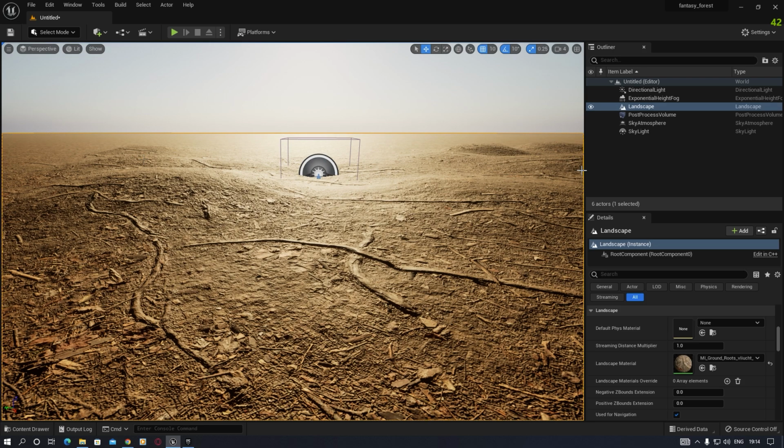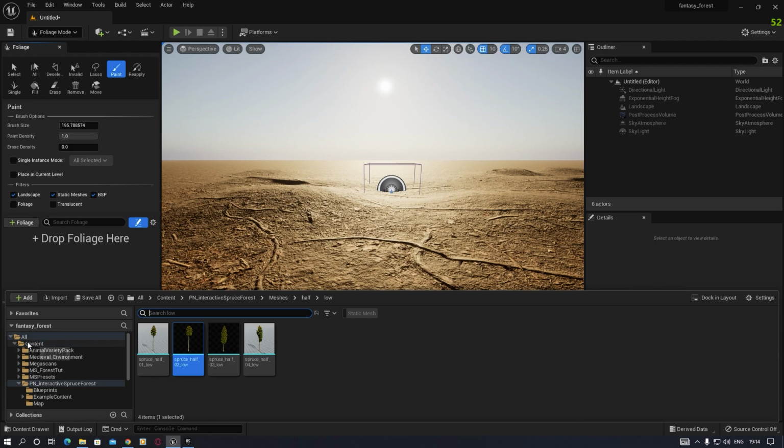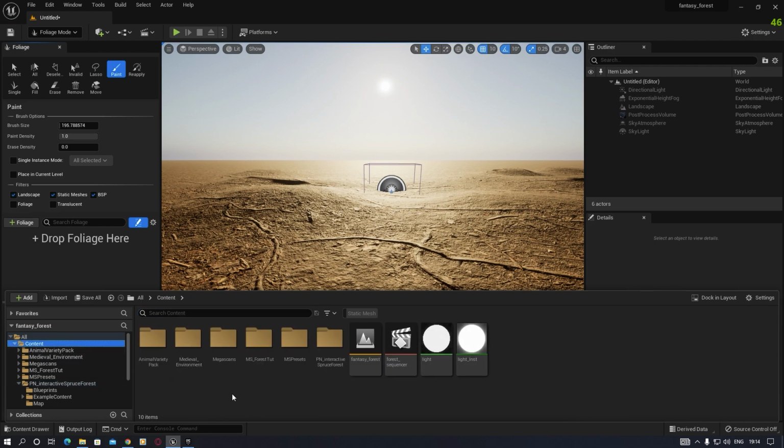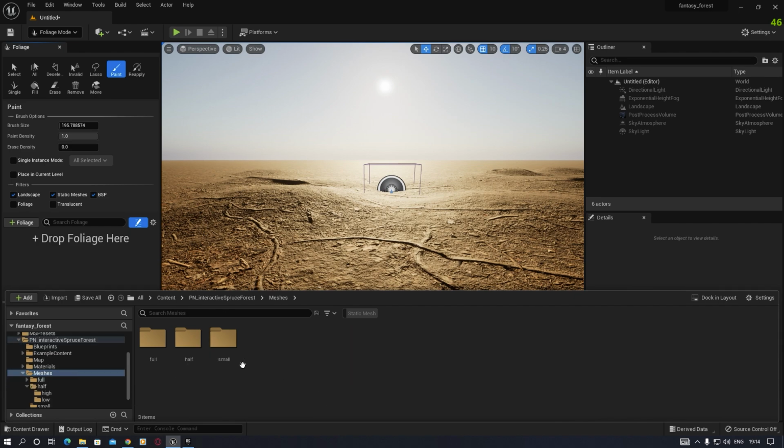Okay, let's put some trees on the surface. So for this we go to the foliage mode here. Select this mode, go to the foliage, and go to the content drawer. When you download all the assets for your project, you will see the PN Interactive Forest here. Just click on it, go to the meshes, go to the half, and then click on this low